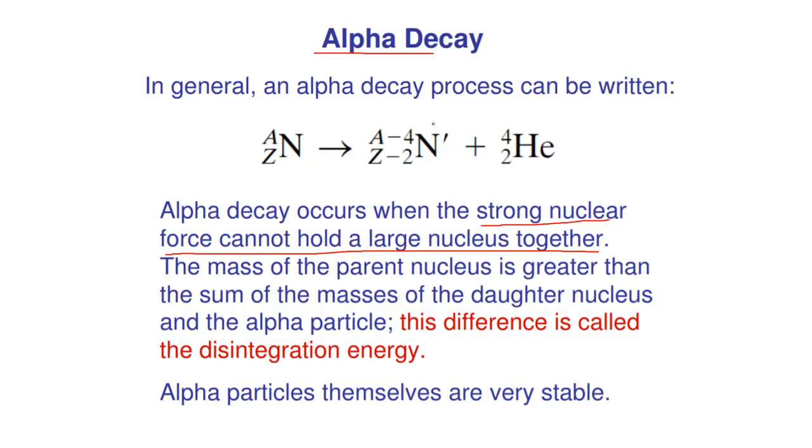So in this case, if we consider this nuclide, it has so much strong nuclear force that the nucleus cannot be held together. As a result, the nucleus becomes unstable. So what it basically does is try to convert this unstable species to a stable one. And how does it get to a stable state? By emitting 2 protons and 2 neutrons, that is, by emitting a helium nucleus. And the daughter nuclide thus formed because of this process is more stable than this one.